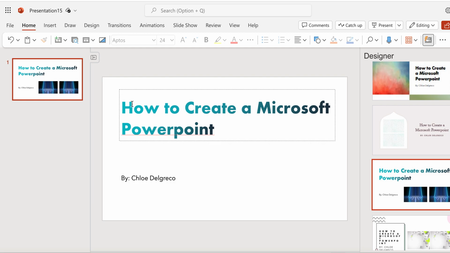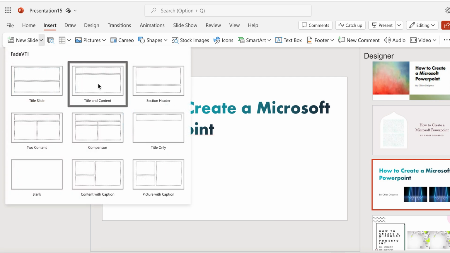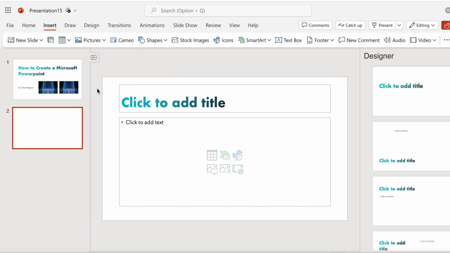Next, to add a new slide, click on Insert and the down arrow right next to New Slide. Click on Title and Content. Add your content into the slide and your title. Once you are satisfied with your content,